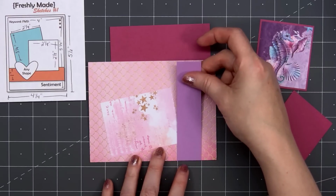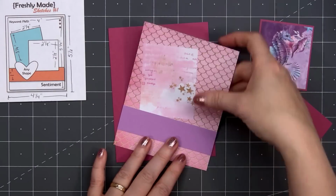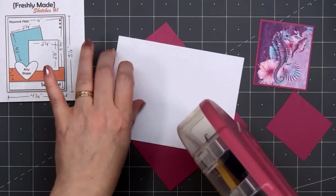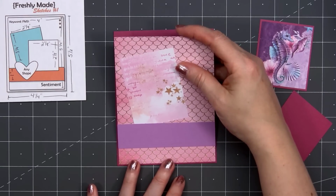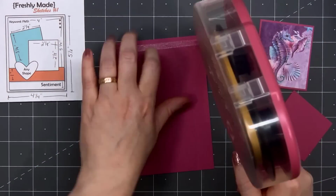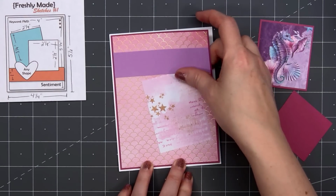For the narrow strip that goes across the card, I'm using some light purple cardstock. Then I'll layer the background piece on some purple cardstock. I'll put my card front onto a card base, leaving that 1/8 of an inch of the white card base showing. Most of my cardstock layers, I add an additional 1/8 of an inch to the measurements listed on the